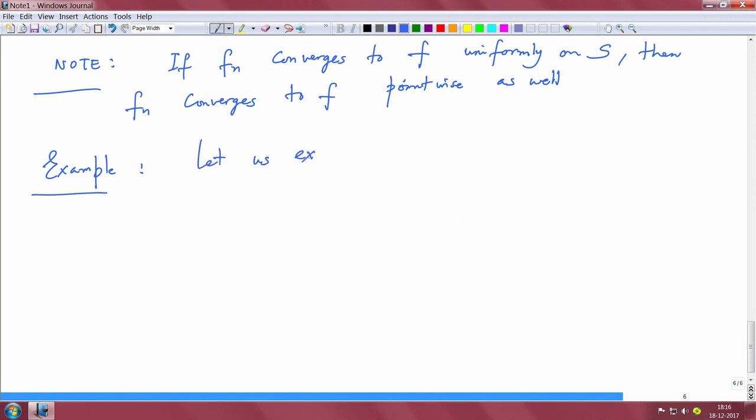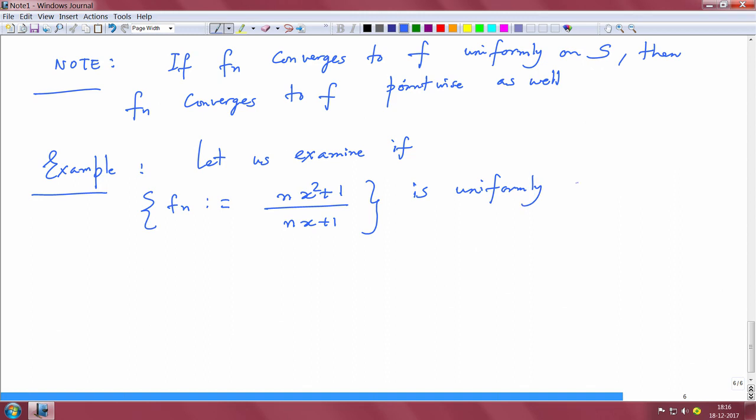Let us examine if the sequence of functions Fn given by Fn(x) = (nx² + 1)/(nx + 1) is uniformly convergent over the interval [1, 3]. This is basically the closed interval, 1 and 3 are included as part of the interval. So, first